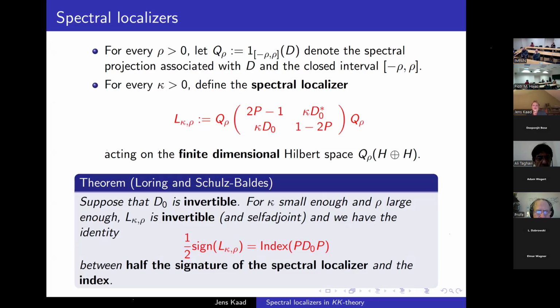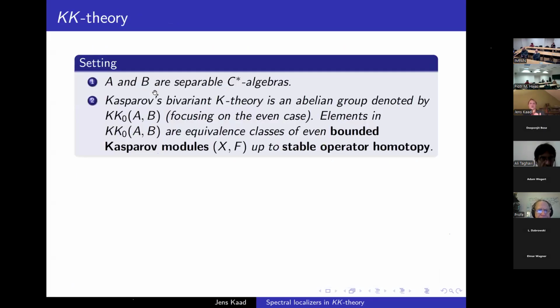So now there are some brief reminders on KK theory so that we are on the same page. So here, what is KK theory? We have two separable C-star algebras in the game, A and B. And out of this,